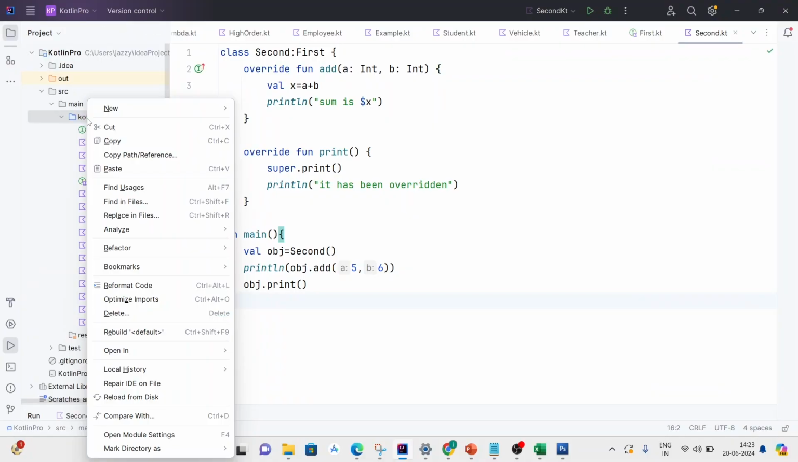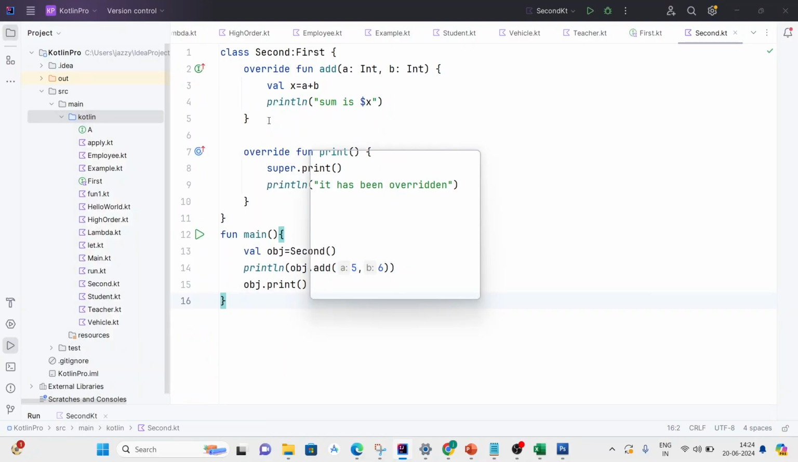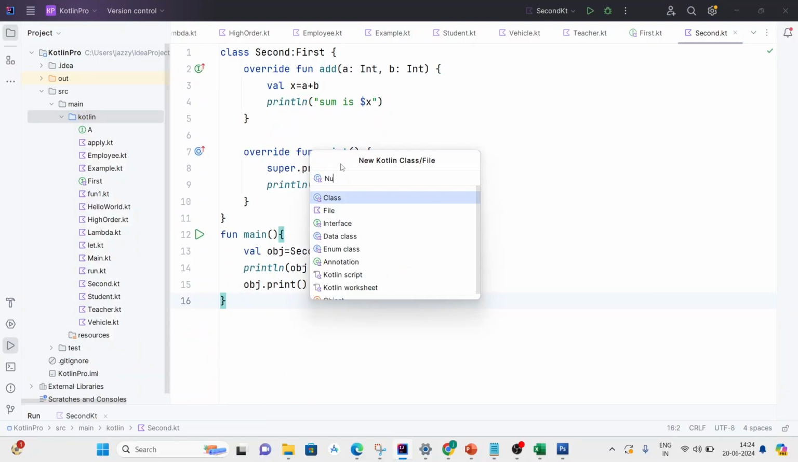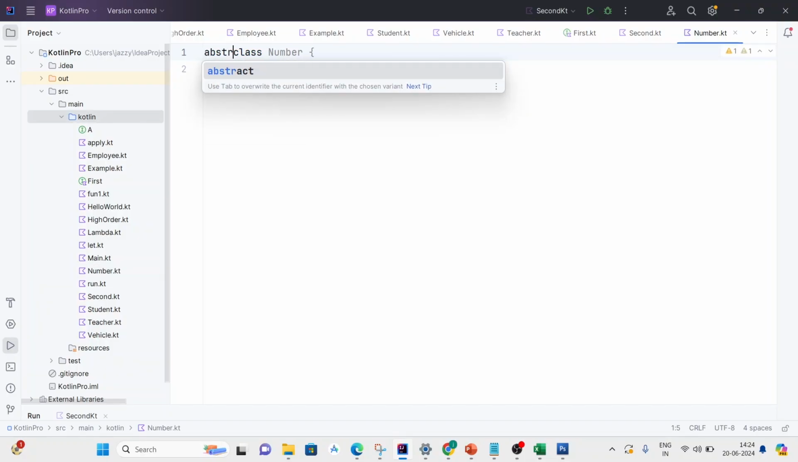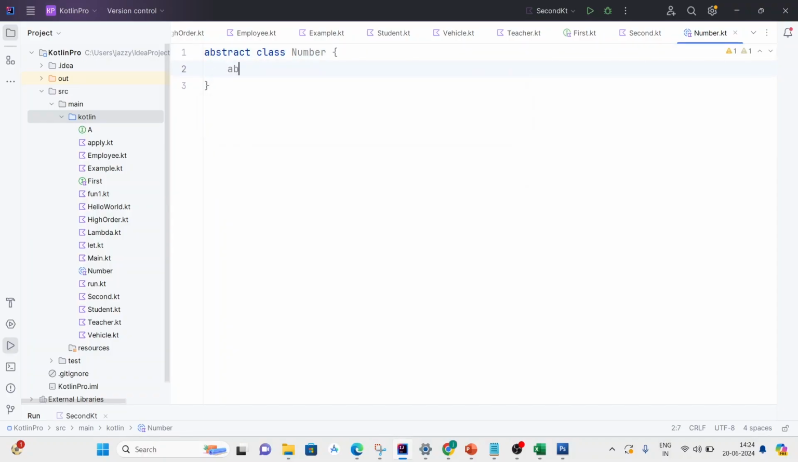Right click and create new class, new Kotlin class file, and name it number. Now this class is abstract. To make it abstract, put the keyword abstract before the class name. Now create one abstract function over there, abstract fun,